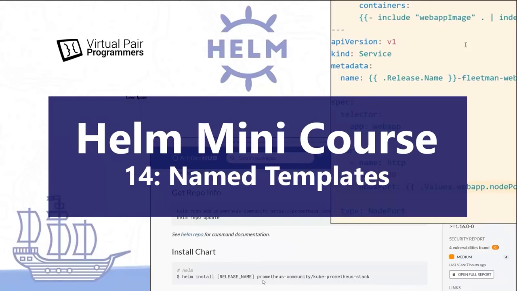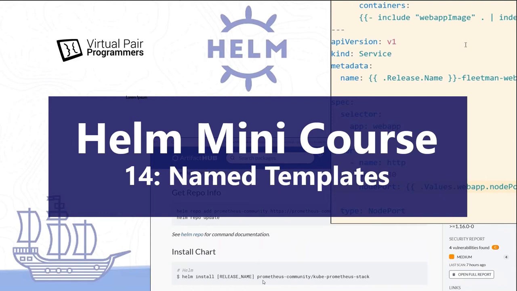Welcome to this video where we're going to look at how to use named templates in Helm. They're sometimes also called subtemplates and sometimes called partial templates. And really this is the point where you get to structuring your templates. You can write fragments of template that you can reuse across multiple templates. So you can sort of write your own library of useful template fragments. Very powerful. You're going to see this used a lot in professional Helm templates.